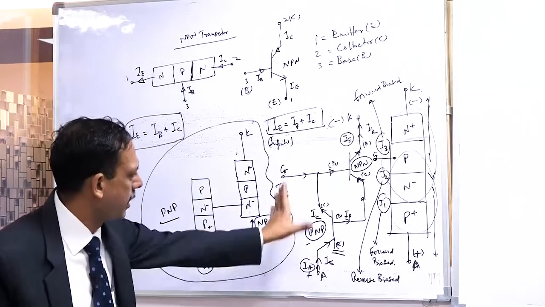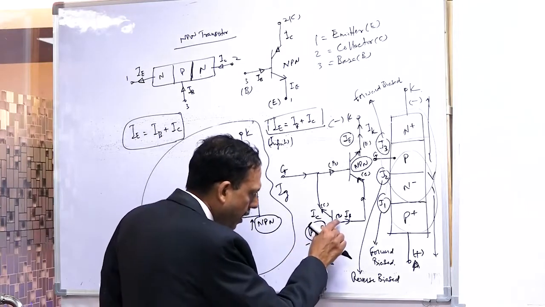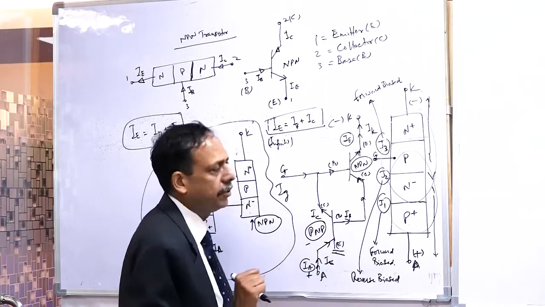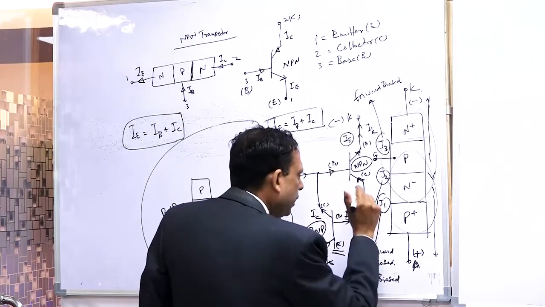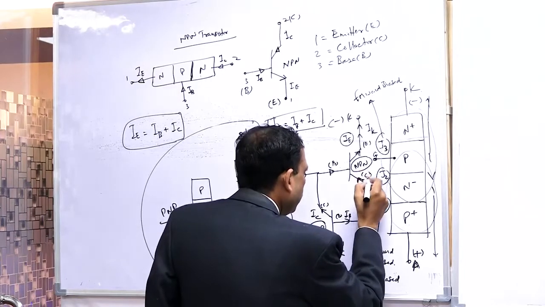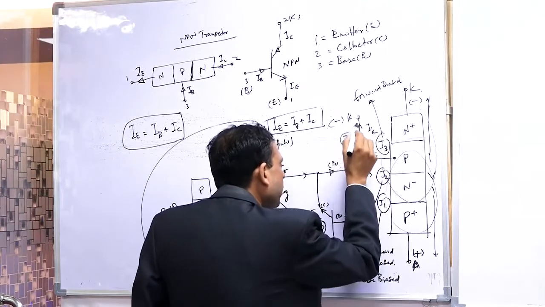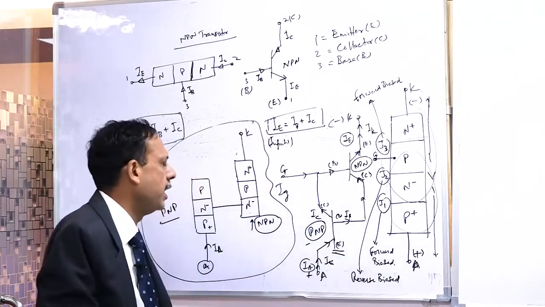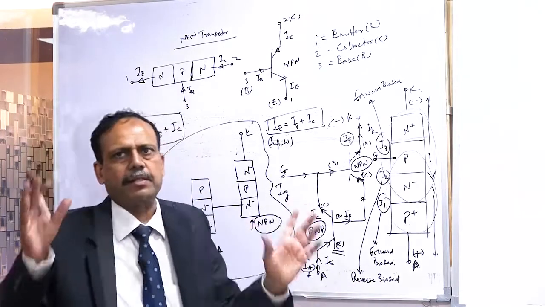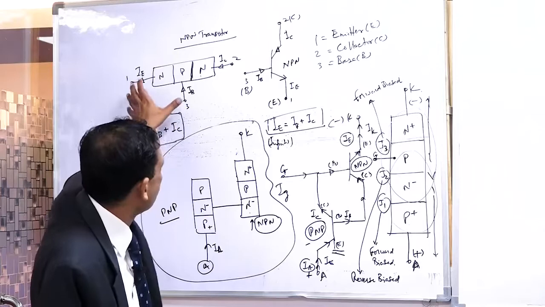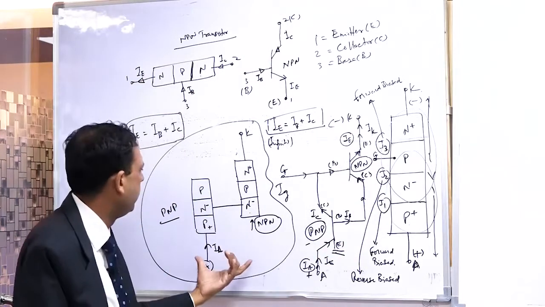In this circuit, is the direction clear? Emitter is going inside, the base is going out and the collector is going out. In NPN, the base is going inside, the collector is going inside, and the emitter current will be going out, and this is going to be the cathode. So this is the equivalent transistorized model of a thyristor when forward voltage bias is applied across it. If we have understood PNP and NPN individually, I think this is very simple. We can easily draw from here.